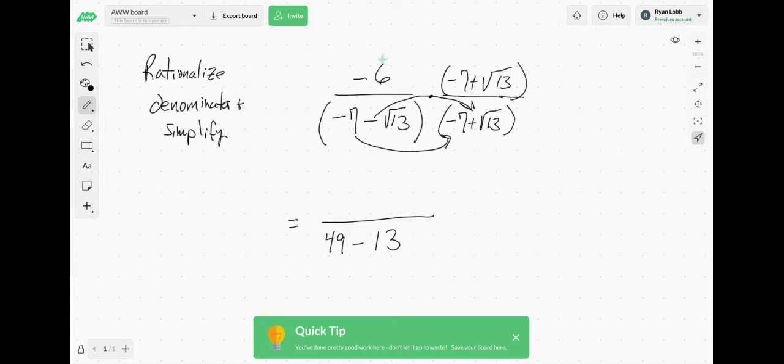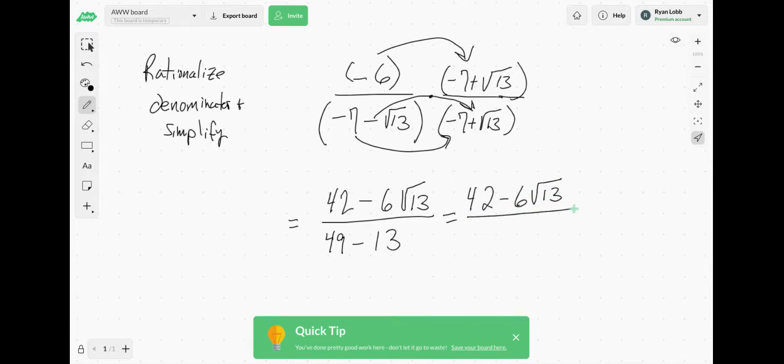Up top, we can distribute the 6, right? -6 times -7, 42. And then -6 times positive square root of 13, minus 6 square root 13, which is equal to 42 minus 6 times the square root of 13 over 49 minus 13,